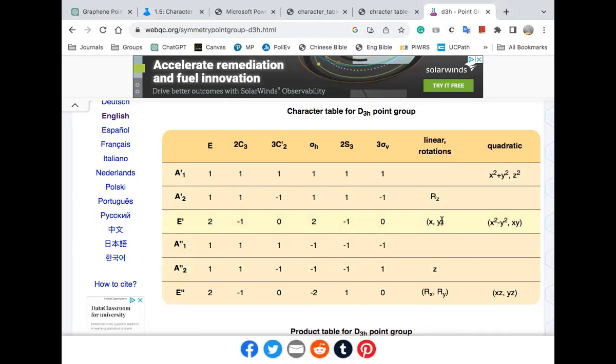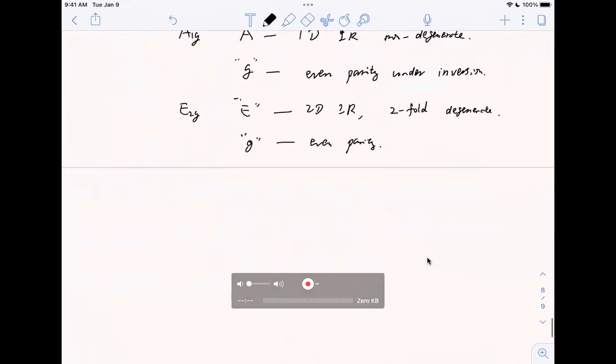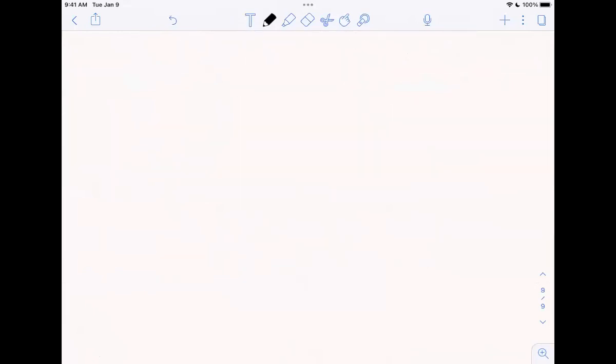And these are the 2D representation. That means the X, Y vectors will mix together, so they belong to the 2D representation. Once you know the property of X, Y, Z, then you know their combination property. So you can deal with them. Okay, so what do RZ and RXY mean? They are the pseudo vectors. They are the rotations. So what do you mean by RZ, RX? For example, RZ means